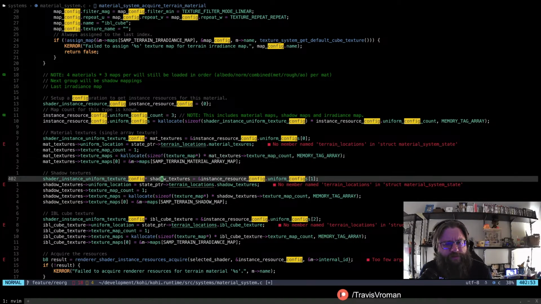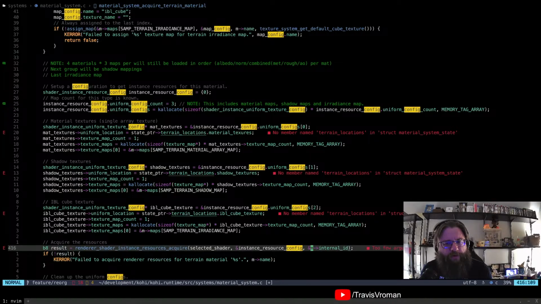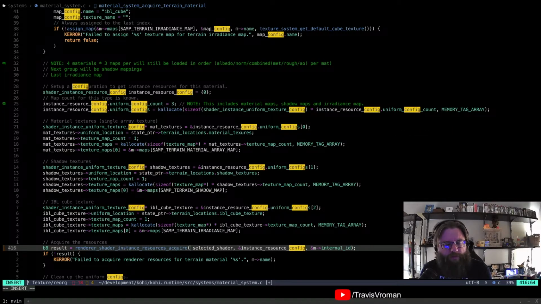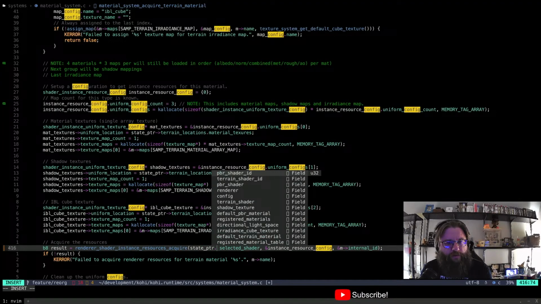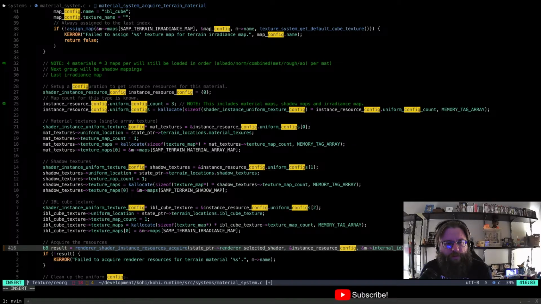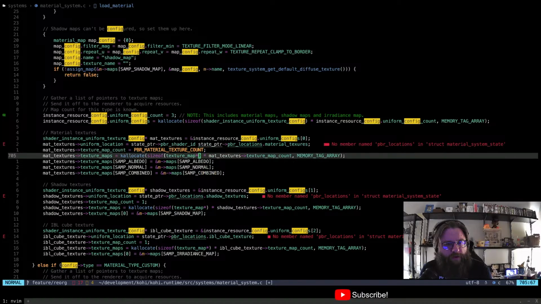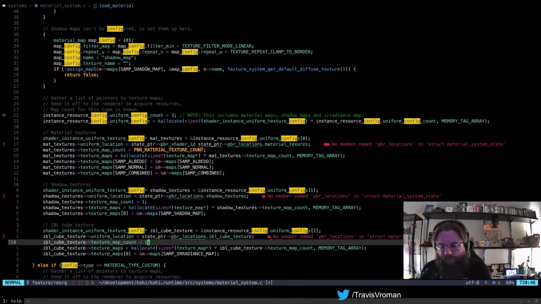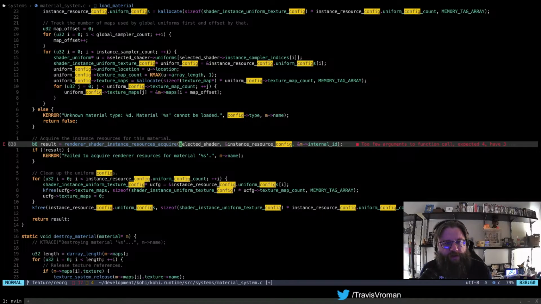All right, I'm gonna skip these for now. In here, I'm gonna put state pointer renderer. Right, skip these for now. Same thing.